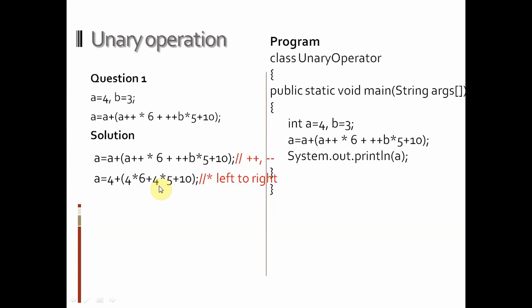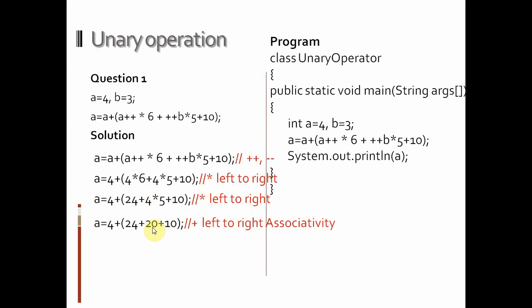In case of same priority, we will look at associativity. In case of associativity, into, or we can say multiplication operator, associativity is left to right. So the left multiplication operator is solved first, and after that the right operator will be solved. So we can look here, first operator has been solved, 6 was 20. Now the second operator will be solved because we are coming from left to right, so it will become 20.